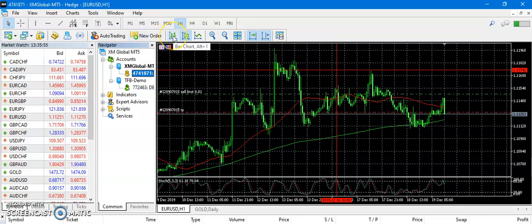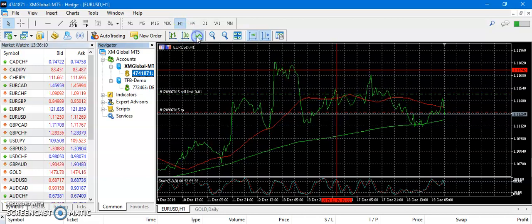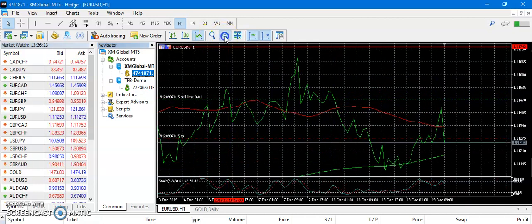Alright, and here you have the different chart views you can choose from. You have the bar chart, you can change it to bar charts. You have the candlesticks, you can change it to candlesticks, and then you have the line charts. Now they are of different advantages. If you really know what you're doing in order to see the market clearly, these different charts are very necessary. And here you can zoom in and zoom out,